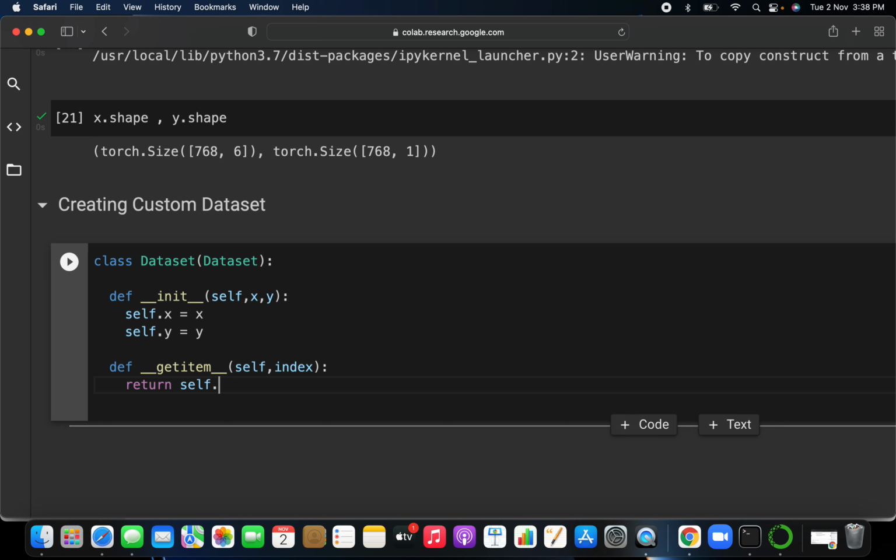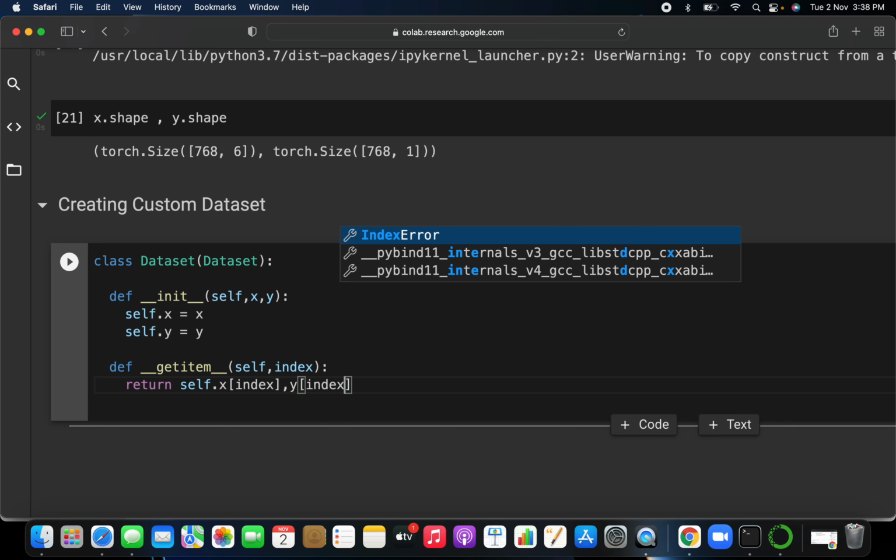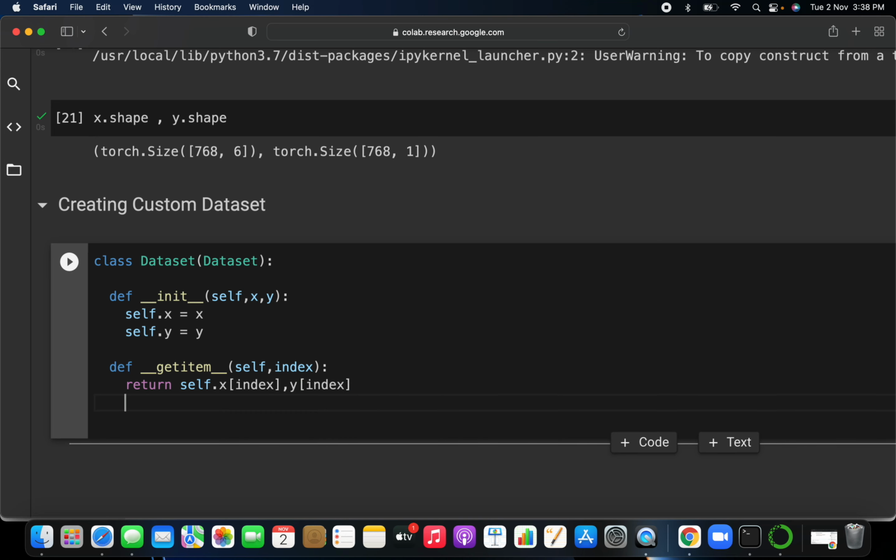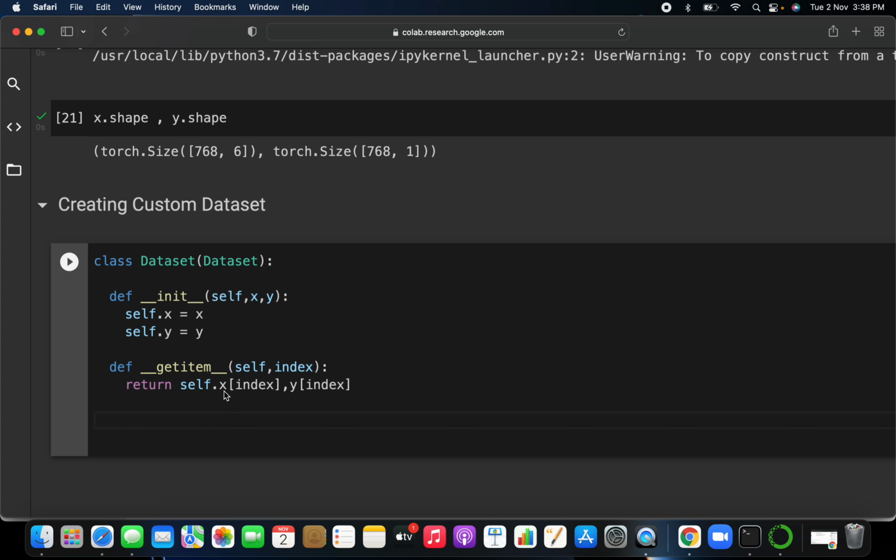It will return self.x. No, from x it will go for the first index, suppose it goes for the first row. Okay, and then after that it will select the first column also, so it means the first target also. Okay, I don't think you have any doubt in this. You are just doing the indexing part, so for the first row you have this target, for the second row you have this target, for the third row you have this target, what you are just matching. Okay, then again you also have one more method, this length method, that returns the length of this